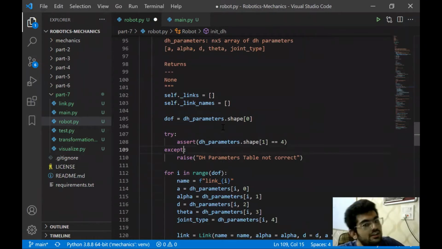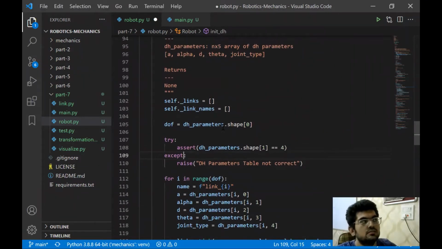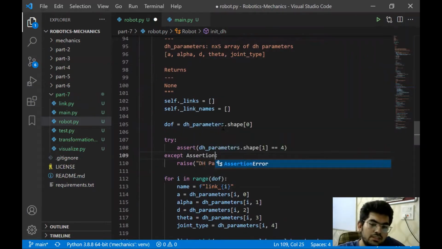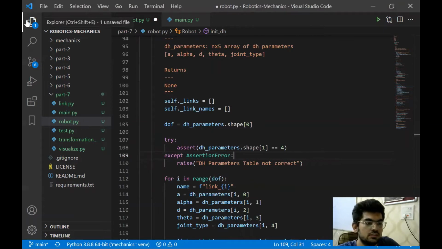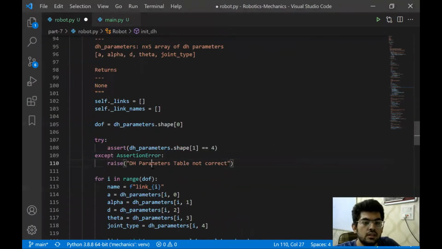This is not particularly a mistake, I would say, but a good programming convention. What it means is we should have an assertion error over here. Now, the other code without any assertion error would also work, but since we only want to catch a certain error, that's why we are using the assertion error.